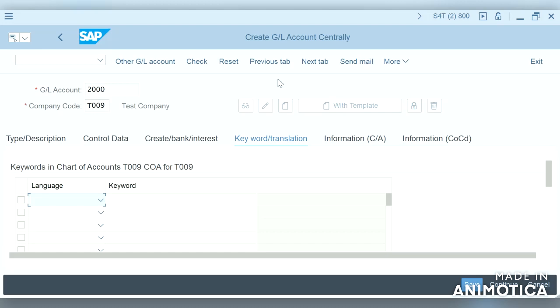Since the same GL is used by multiple company codes which might be situated in different countries with different languages, to tackle such scenarios you can maintain different descriptions in different languages under the tab keyword or translation.